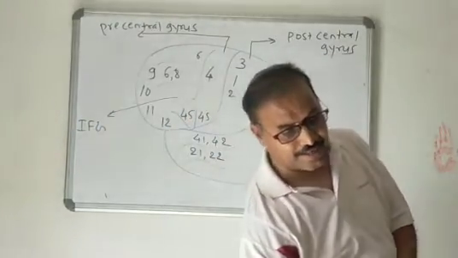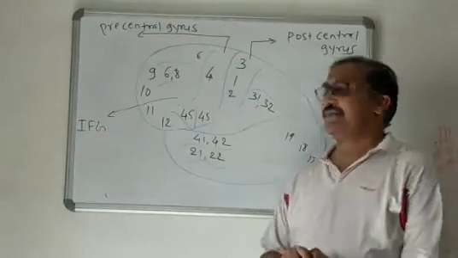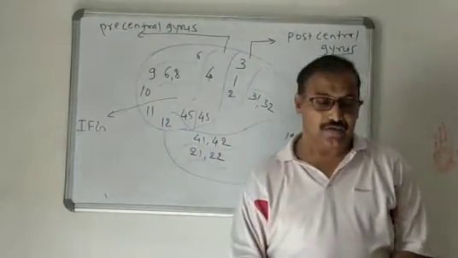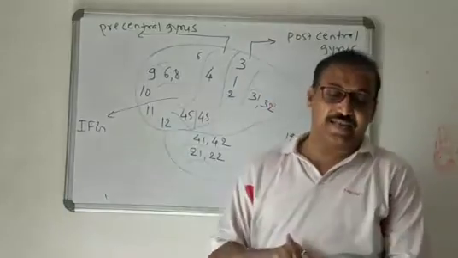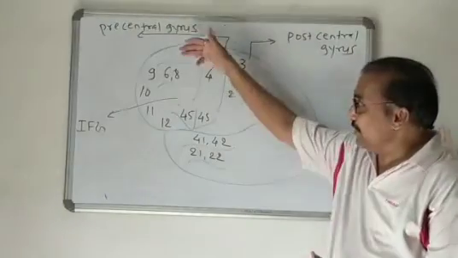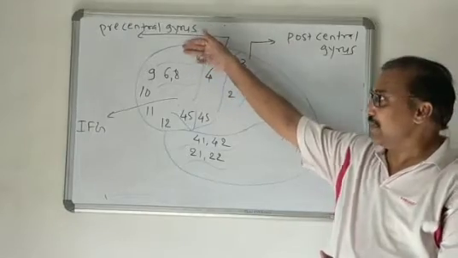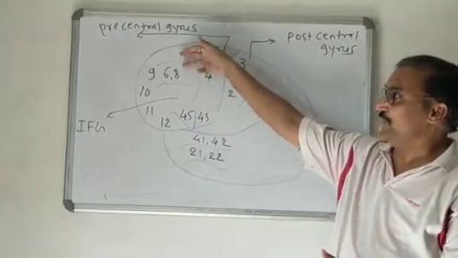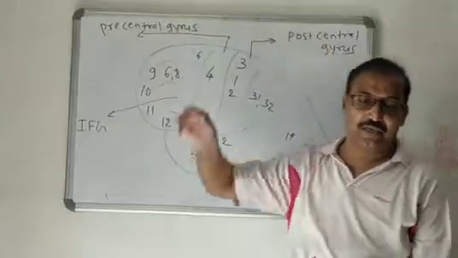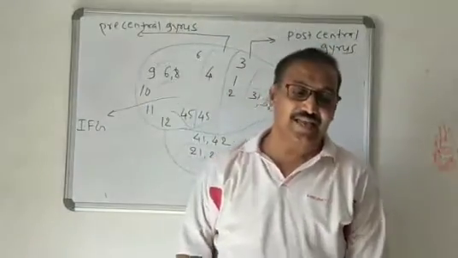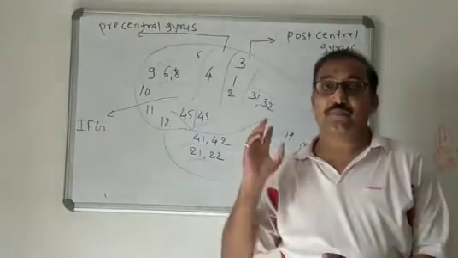Now another area, again it is a very important area, so that area is called the silent area. So what is the silent area? The silent area lies in the superior as well as middle frontal gyrus. Between these two gyri, in the two gyri we will find an area, so that is the silent area. This area is very important.